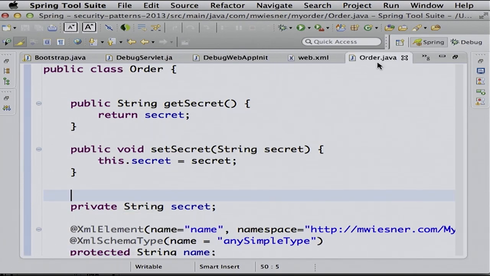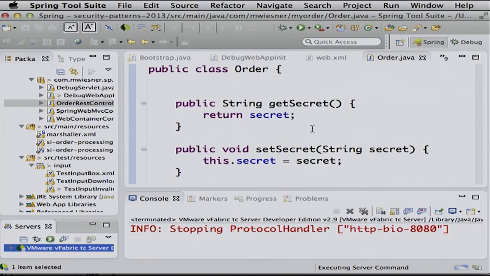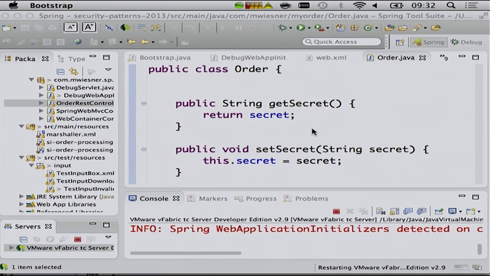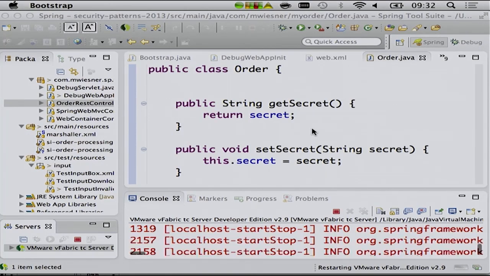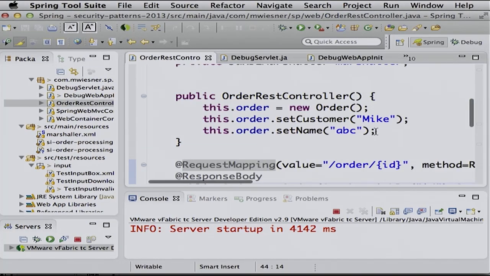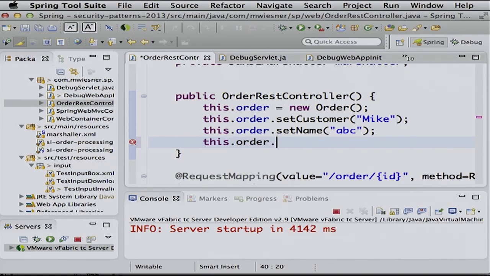So if I do that, I don't put any XML element annotation, so I don't use any JAX-B annotation here at all. But the default of JAX-B is that it will be exposed. So even if I don't put any annotation, it's the same as with JPA. You probably know that in JPA every property gets persisted. It's the same as JAX-B. Every property, even if you don't place an annotation on it, will be exposed. I first of all have to write something in it, of course.